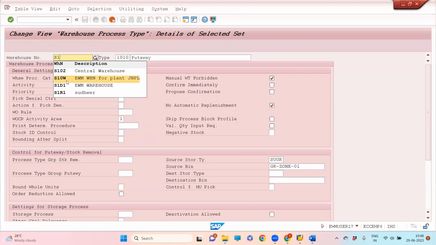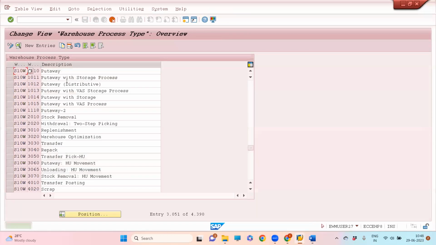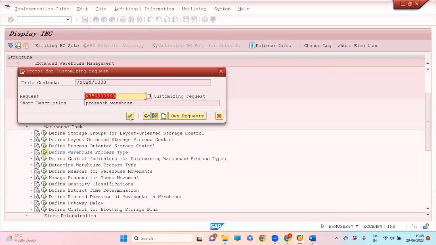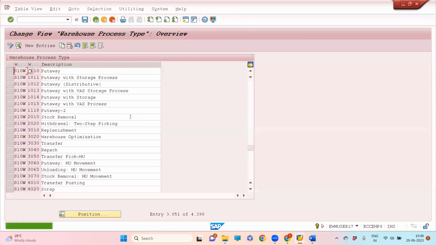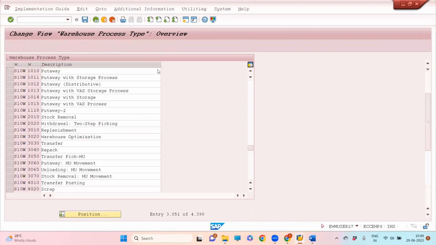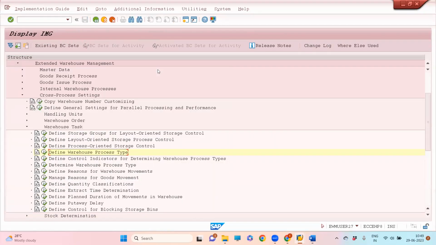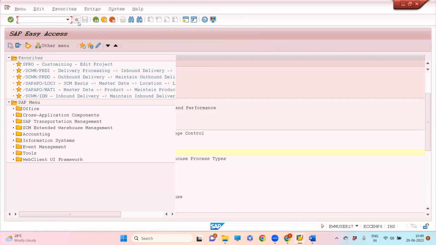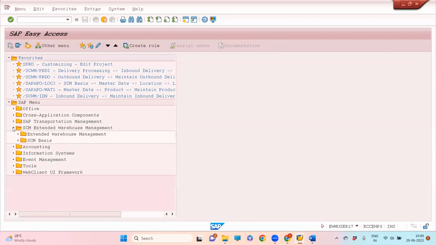No, you try it, because someone has deleted 1010 from the 0001 warehouse number. If you remember, we did it with the copy technique. So now if I go back. Let's go. Okay, go to SCM Extended Warehouse Management,